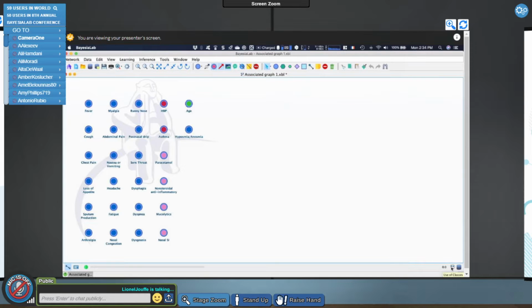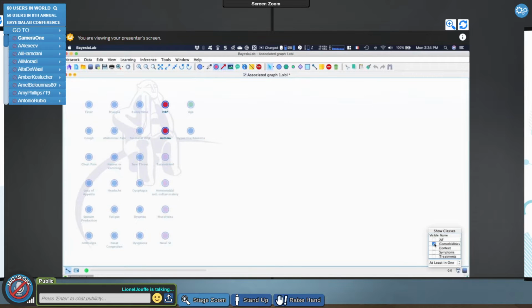By checking and unchecking this box, I can display or hide the classes, right? So we have classes for comorbidities, so only 2 dimensions in that case. The context, only 1, so this is the age, the symptoms, and the treatments, right?